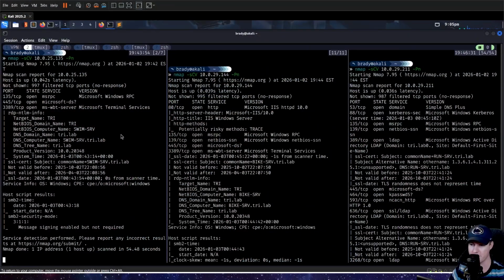So that's the conclusion for the lab walkthrough. Let me jump into, I have one other Easter egg here. That's kind of just for fun at the end. Let me show you what that is real quick. So if we jump back to our Nmap output here, we have an IIS server running on port 80 on bike server. So if we were to go to